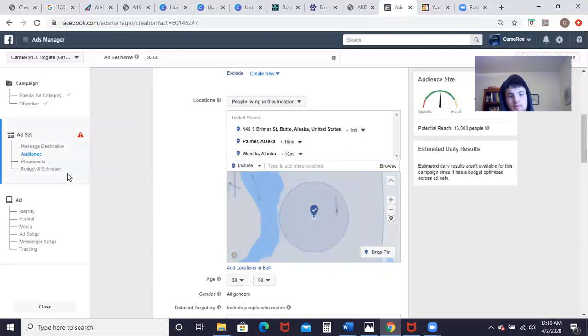Okay. This is my address, so whatever. This is how you hyper target a neighborhood. So if you have a neighborhood, if you live in a rural area, basically, if you live in a rural area and not all your neighbors have,